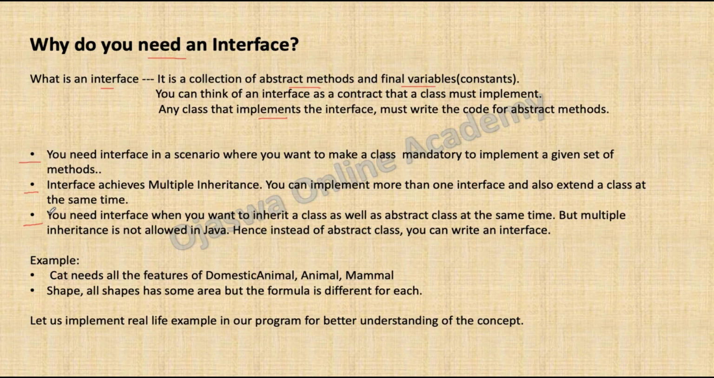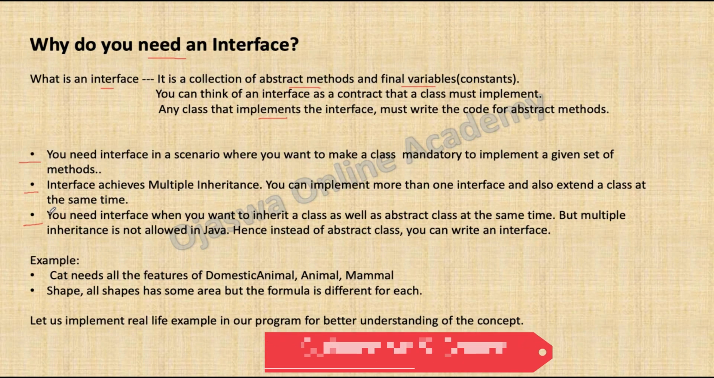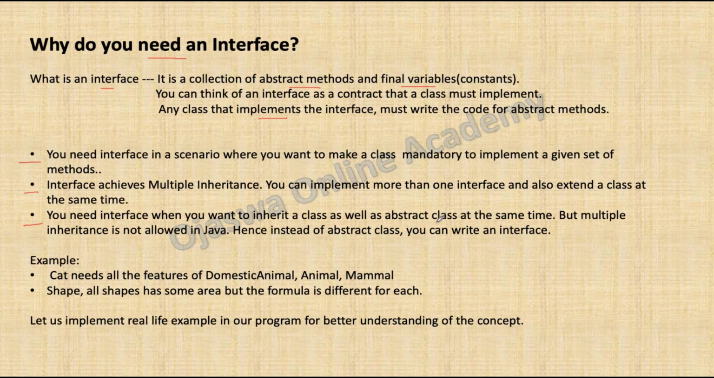You need interface when you want to inherit a class as well as abstract class at the same time. So there are some cases where you want to inherit a class and you also want to inherit some abstract class. But you cannot inherit two classes at the same time. In Java, multiple inheritance is not allowed. Hence, instead of writing an abstract class, you can write an interface so that along with some other class, you